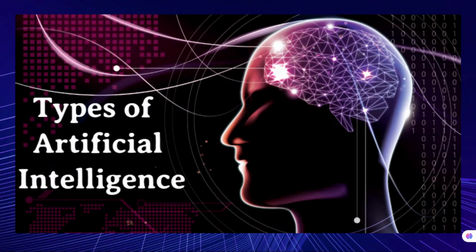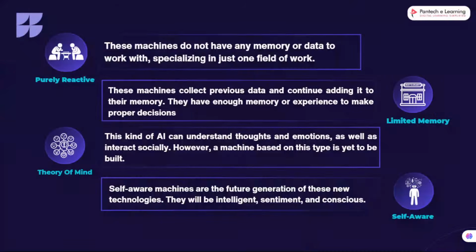So next one, types of AI. What are the types? There are four major types. First one is purely reactive. Second is limited memory. Third one is theory of mind. Fourth one is self-aware. So purely reactive, you can see the picture, you can easily answer for this. Purely reactive means a